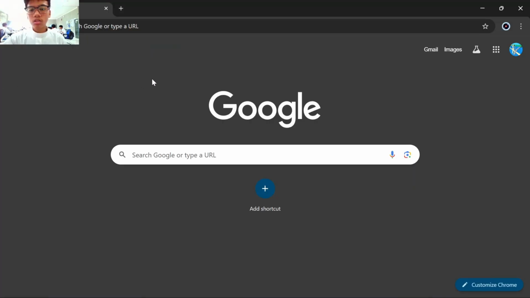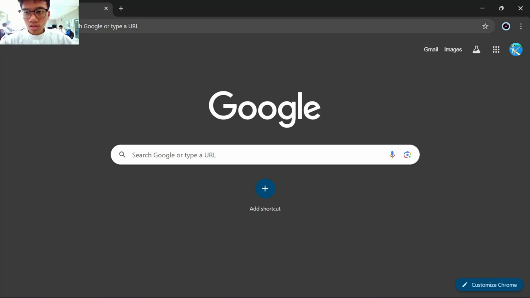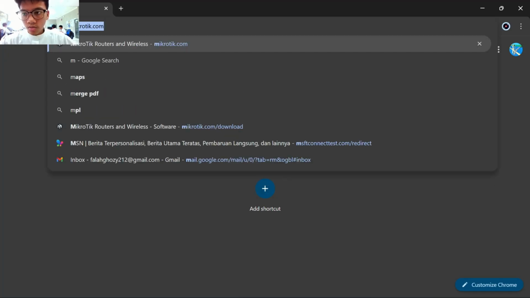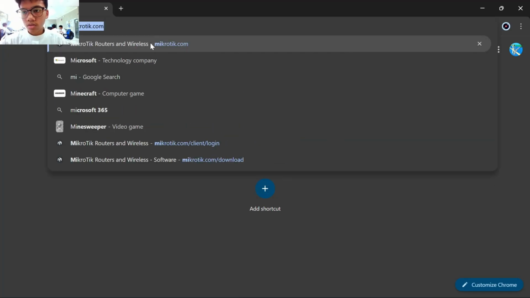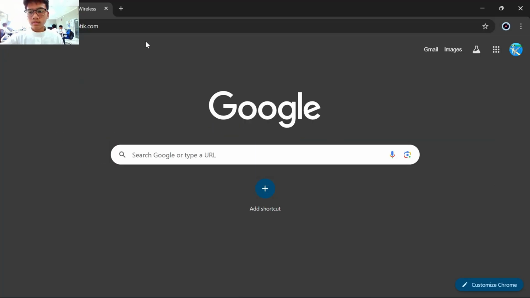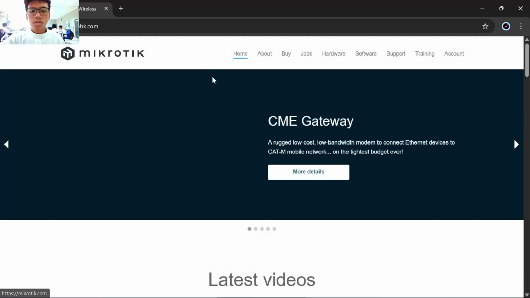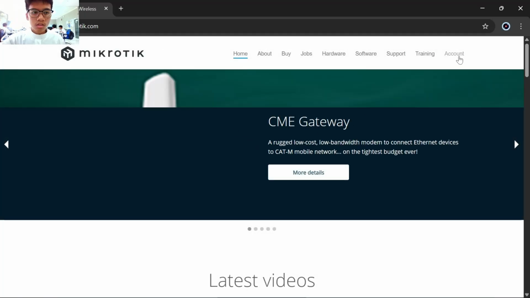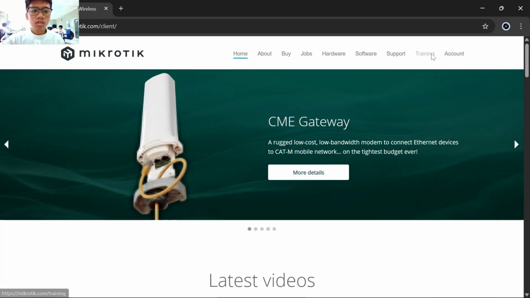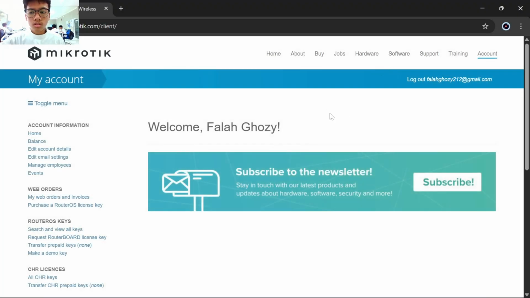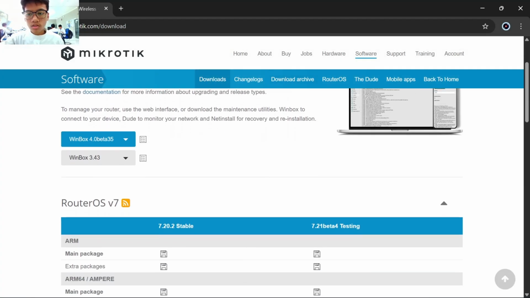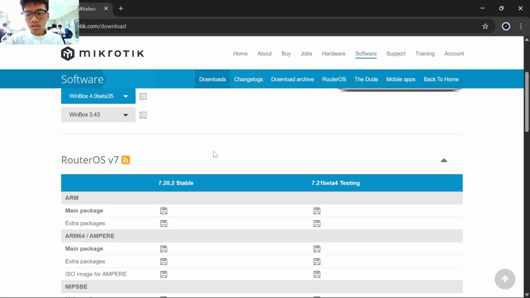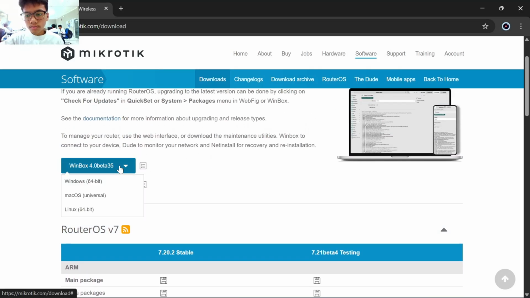Now before we access RouterOS with Winbox, we must download it first from the website mikrotik.com. Okay, after we access it, log in to the account first or make an account first. After that, go to Software. Here you can see the download option.